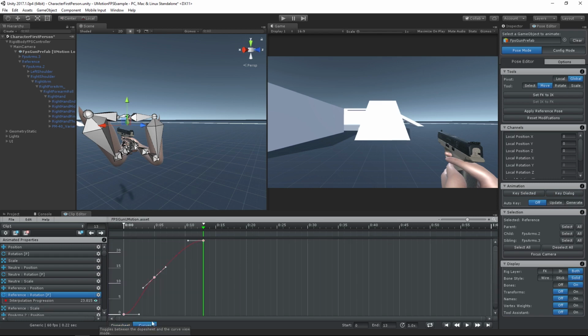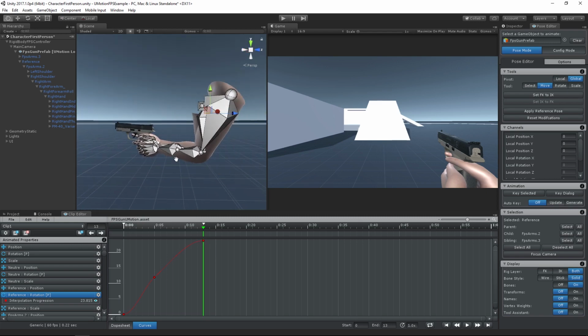That's easier than searching the bone's property in the Animated Properties list. In the Curve Editor, we can now see the animation curve. If you are completely new to animation curves, I would recommend watching the appropriate tutorial linked in the video description. As you can see, at the beginning of the animation, the speed is slowly increasing and stays constant till the last pose where speed decreases slowly.